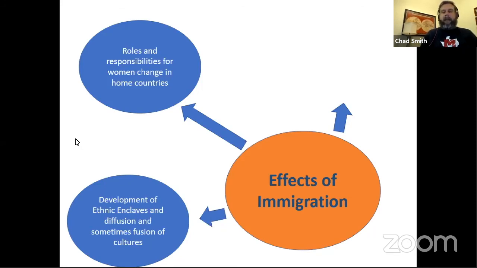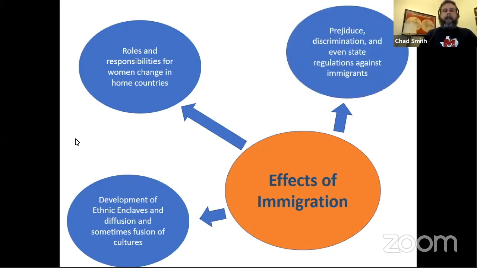Finally, our last effect of immigration is the prejudice, discrimination, and even state regulations against immigrants in what the College Board refers to as receiving societies, the places where many of these immigrants wound up living as a part of their migrant pattern. All right,